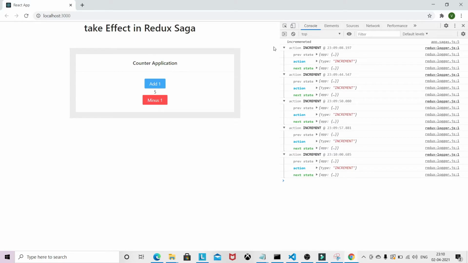You can click on the I button to get more detail about generator function.